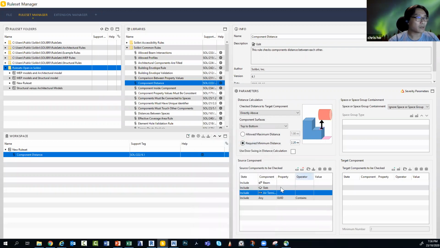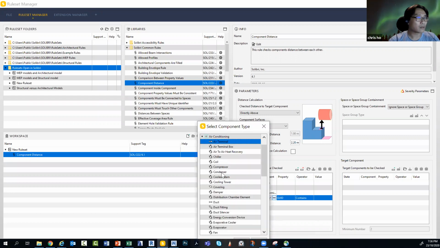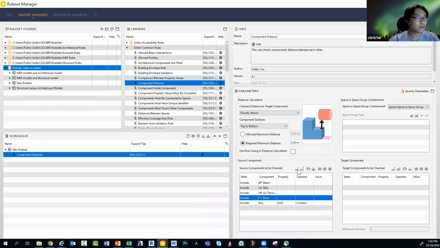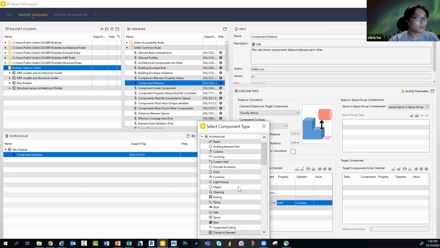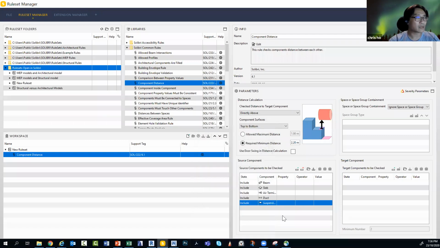And maybe I'll add one more, and then maybe I also add a suspended ceiling as well. So these are some of the components I want to check in terms of headroom. Okay, so once I'm done,